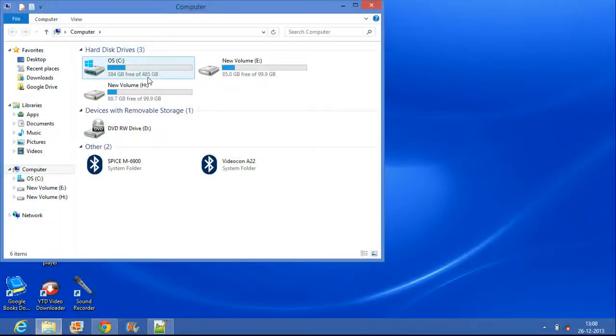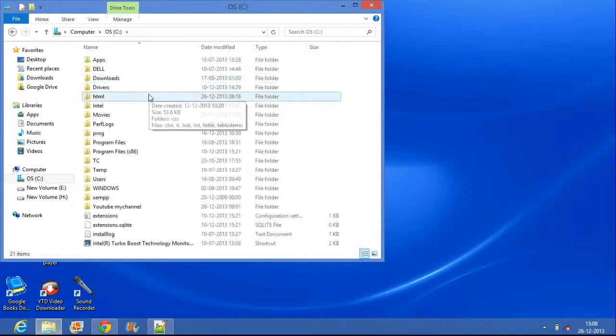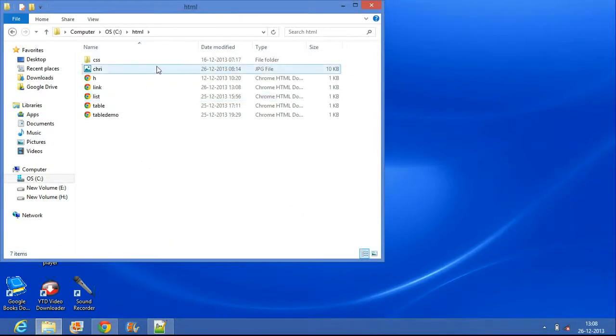Like in C drive, I have saved my image Christmas. That is in the same directory where I have saved link.html. Remember that the image must be in the same directory where you have saved your HTML file. Clear?